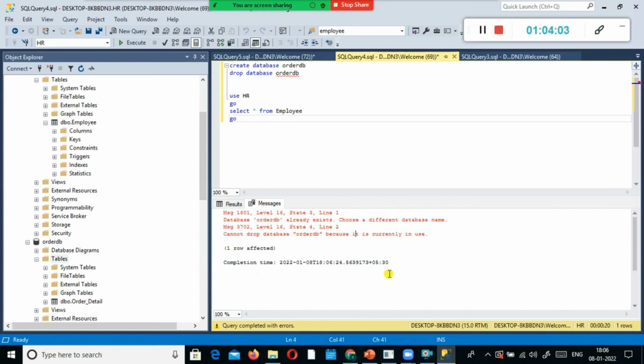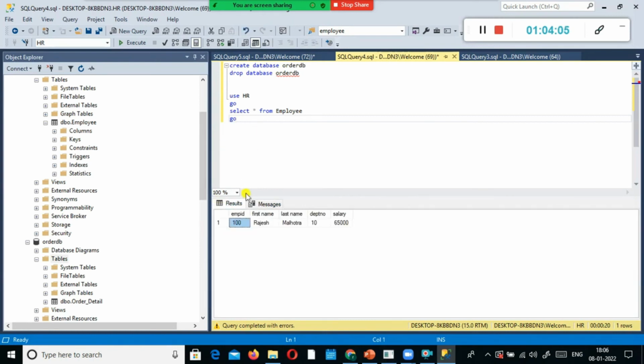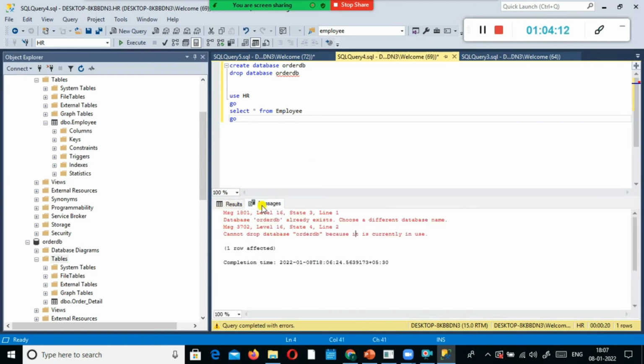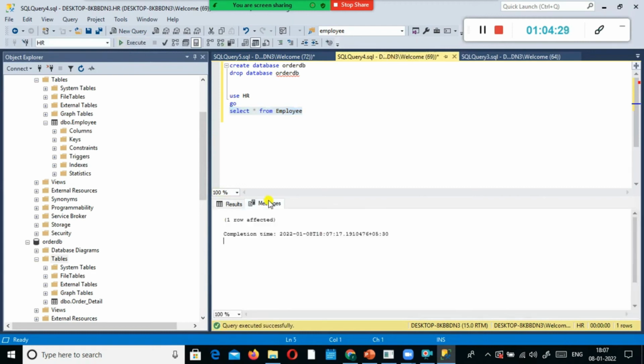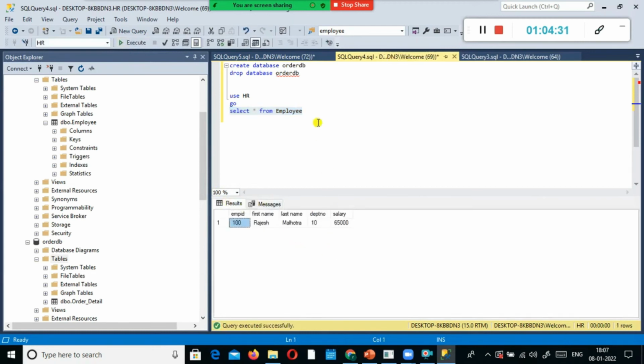So now I can see the completion, right? This one, the query, whatever I gave. So you have two tabs here. With the results tab, you can see the query's output, and in the messages tab you can find any error or any warning message. Okay. So now the question is, let's say I'm going to remove go here. If I select star from employee, if I just select this one, what will happen? Still I can see the output here, but here I did not use go.